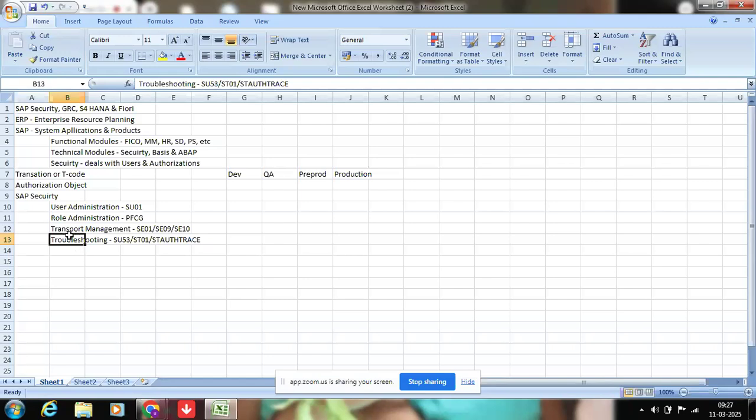Okay, so for that there are some different steps. By using those steps, you can check what is the actual issue the user is facing, and you can provide that authorization. Then he'll be able to perform the activities. So for that, we will be having some different T codes. We can discuss how to use each one individually. This is about troubleshooting. Next, table management,